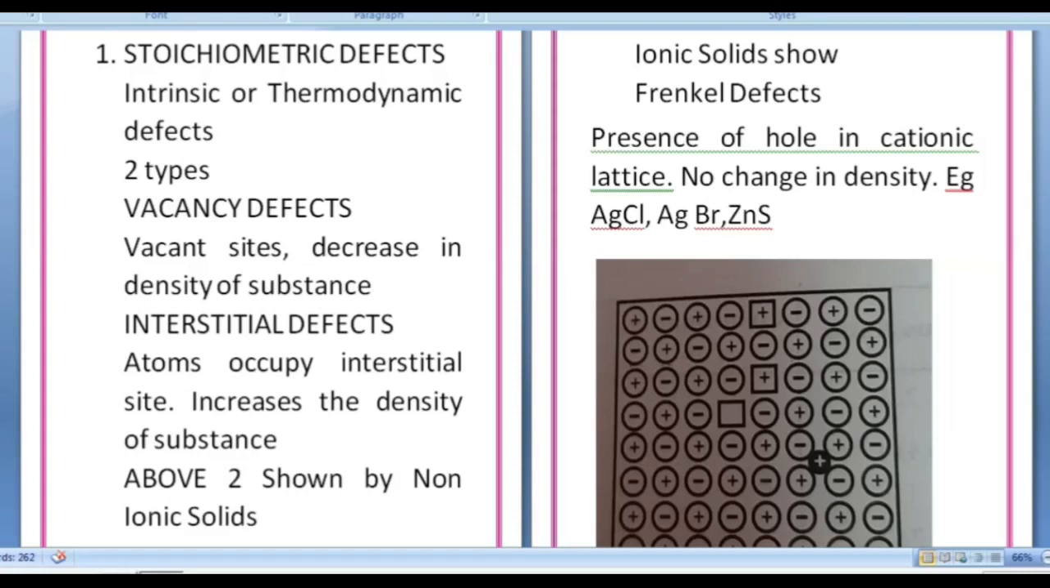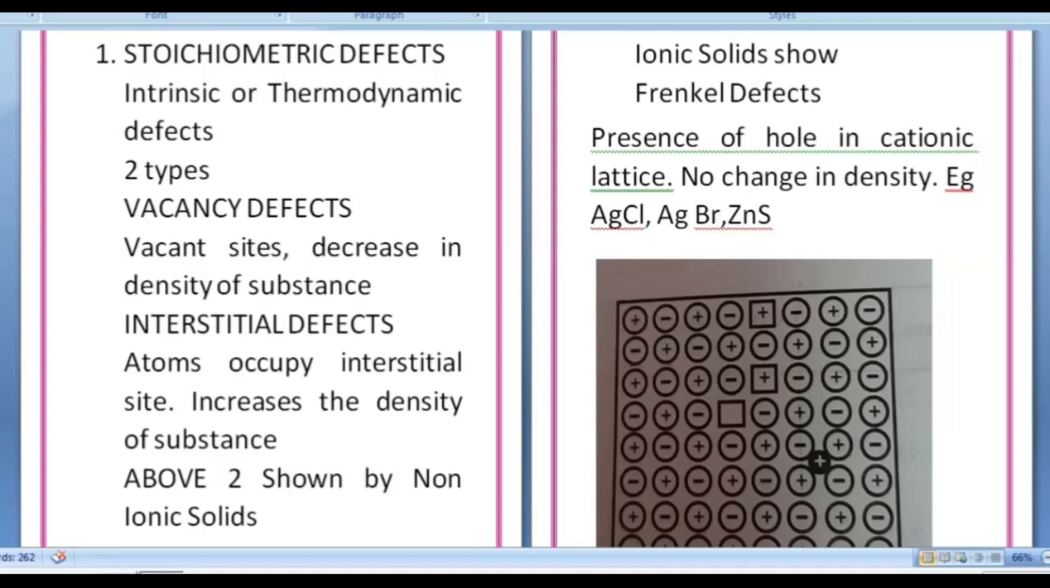The first one is Frenkel defect. Frenkel defect is the presence of a hole in the cationic lattice, and the cation occupies the interstitial position. Because the cation has not left the crystal, it is in the crystal, but from its place it's just like a